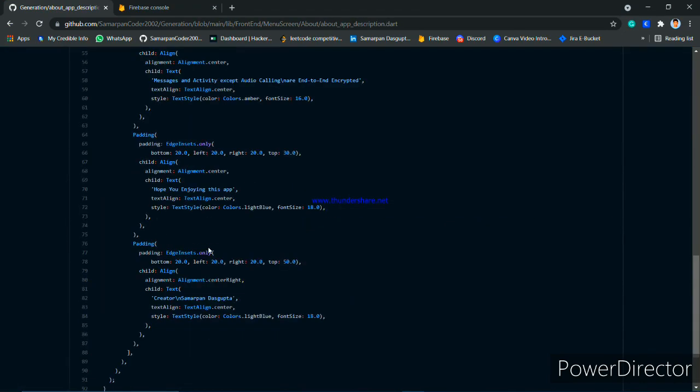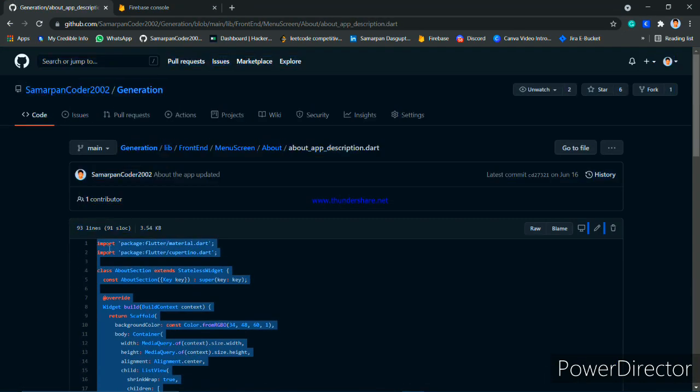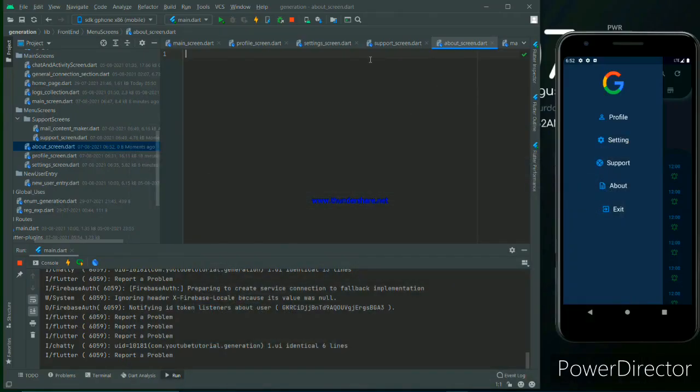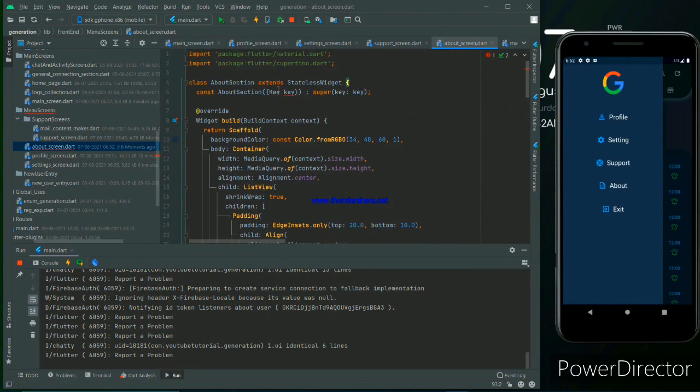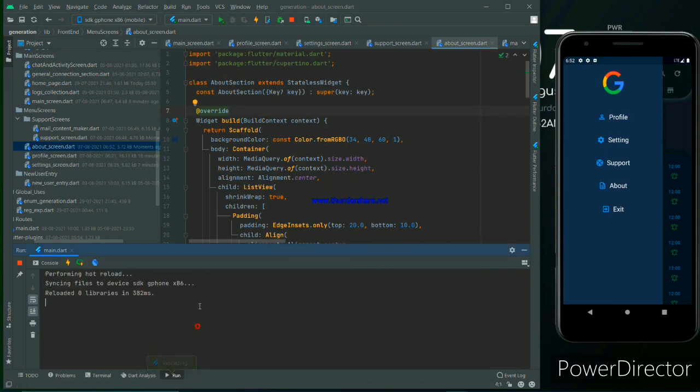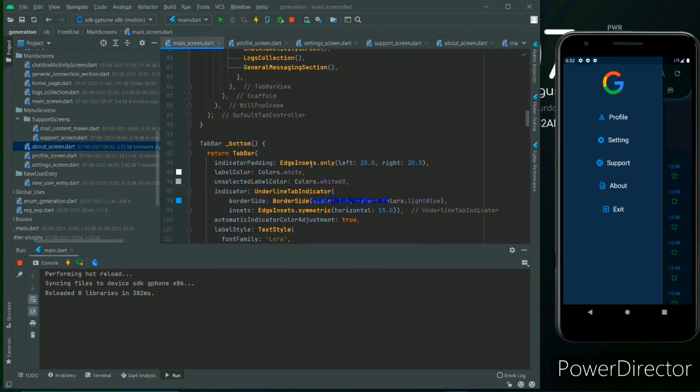About app description, take the code from the lower, it will be a faster way. I will explain. This is a simple thing, and no need to explain in a broad manner, but I will give a description, don't panic about that.